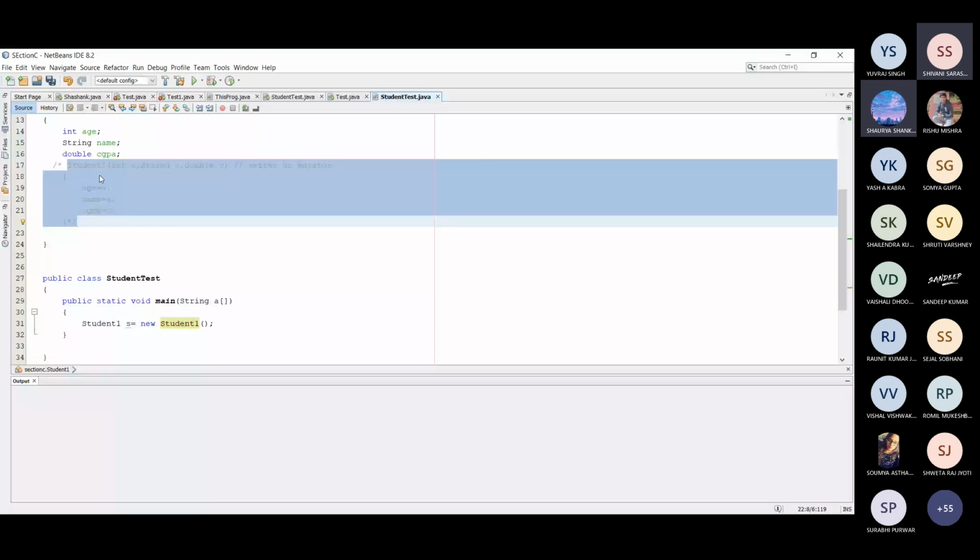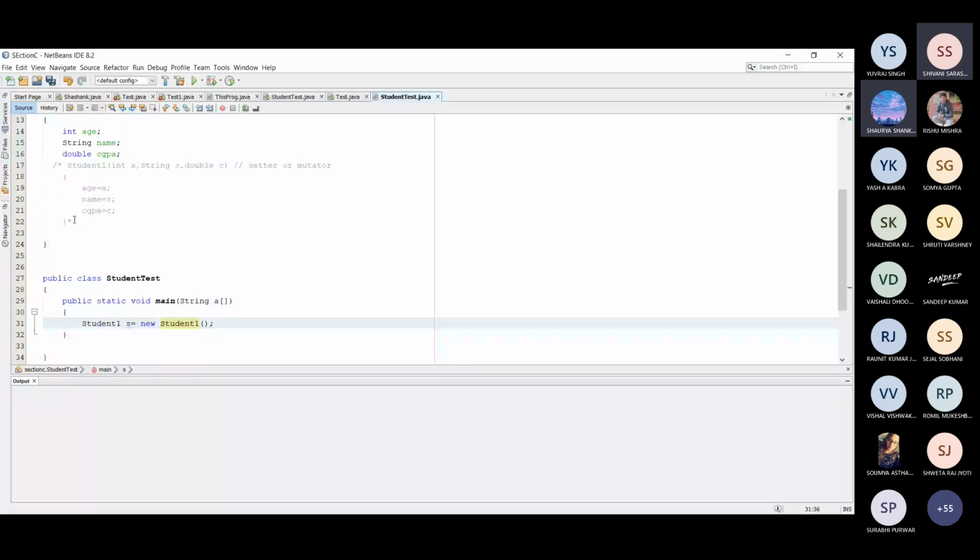Why is the error removed? Because if there is no constructor provided by the programmer, then in that case the Java Virtual Machine provides a default constructor. Fine. But if the programmer provides any type of constructor, then the Java Virtual Machine doesn't provide any default constructor. So in that case an error is generated.